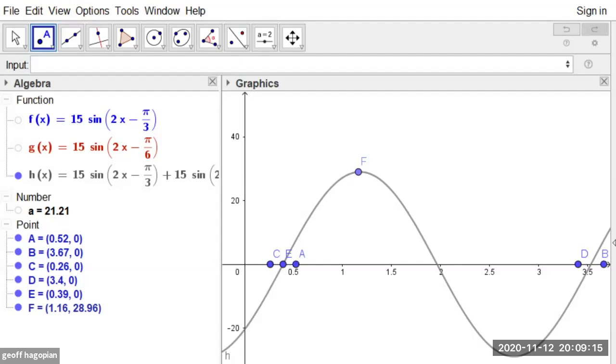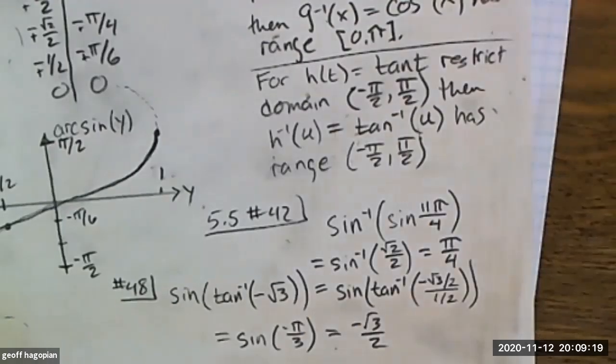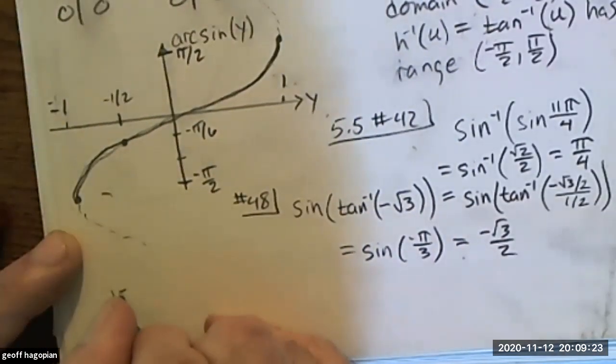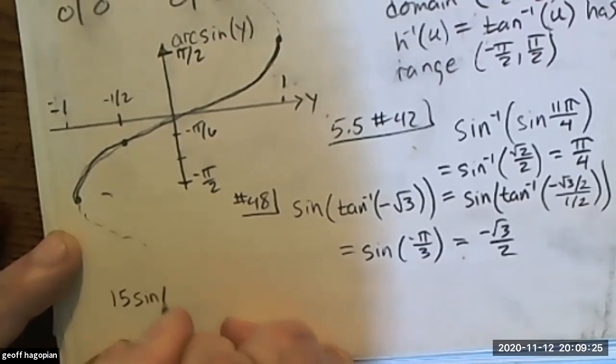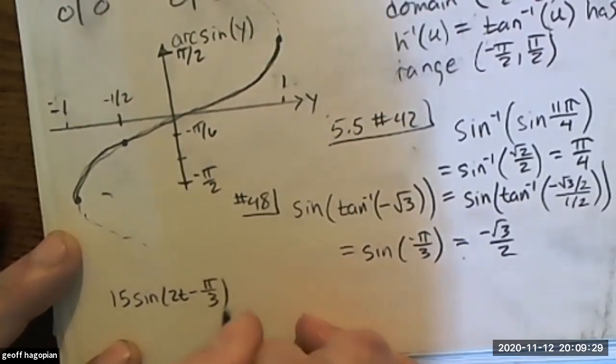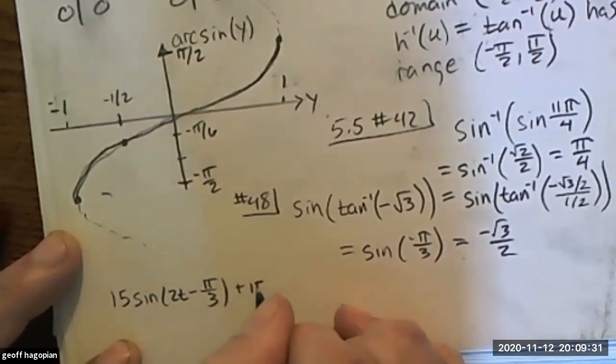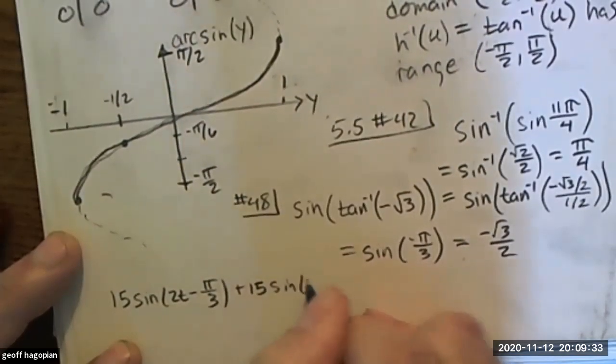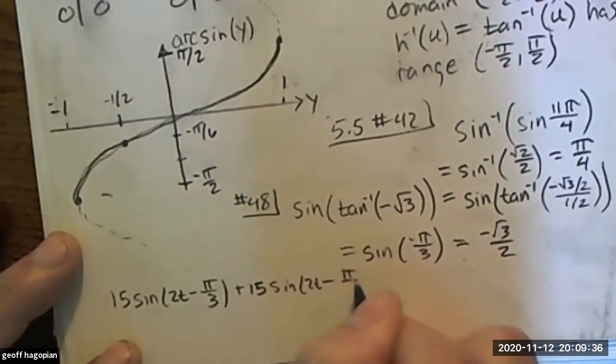So if we have 15 sine of 2t minus pi over 3, and we add to that 15 sine of 2t minus pi over 6,